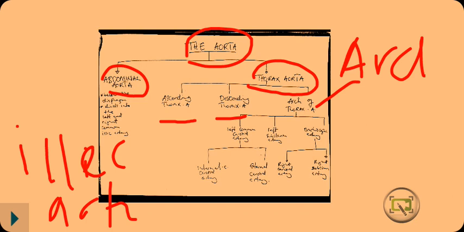So the arch of the thoracic aorta divides into three: the left common carotid artery, the left subclavian artery, and the brachiocephalic artery. The left common carotid artery further divides into two. It divides into the internal carotid artery, which supplies blood to the brain,